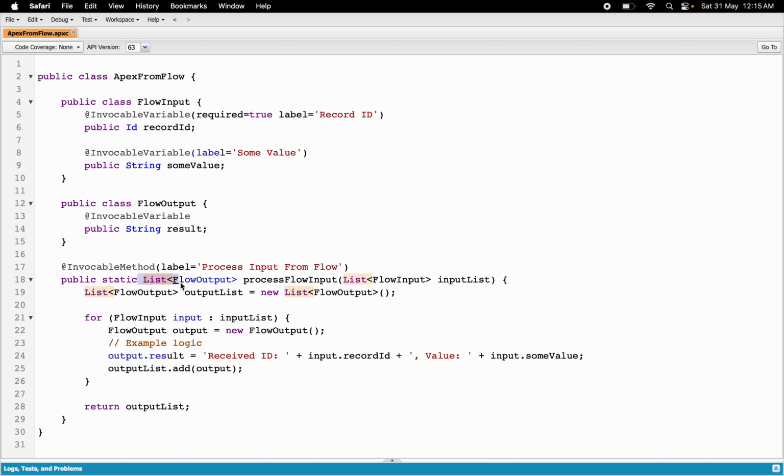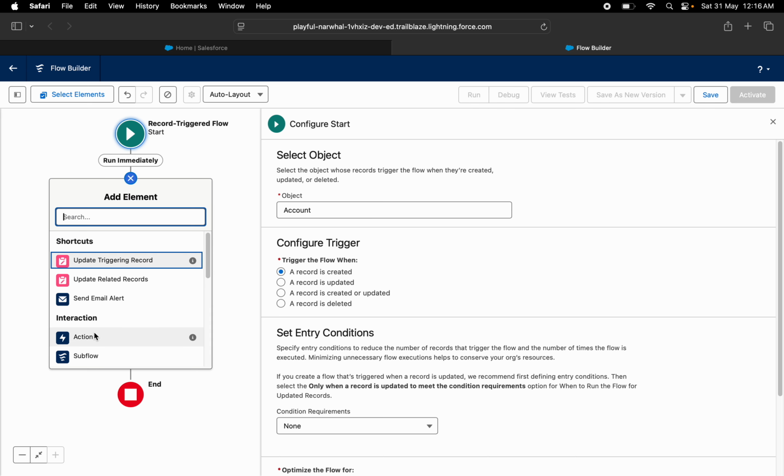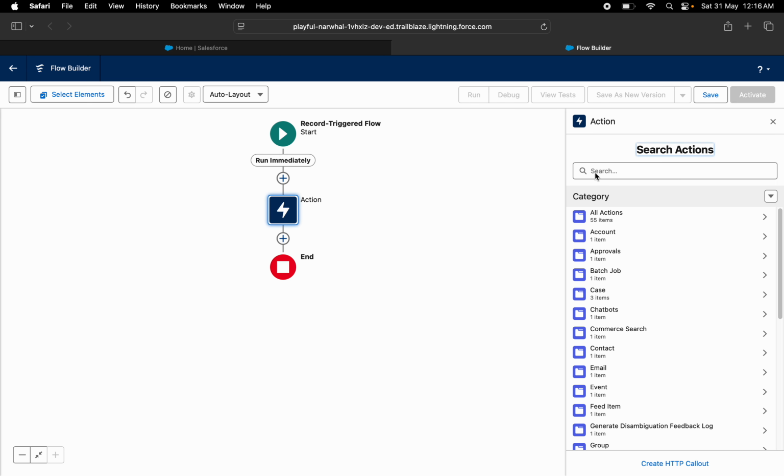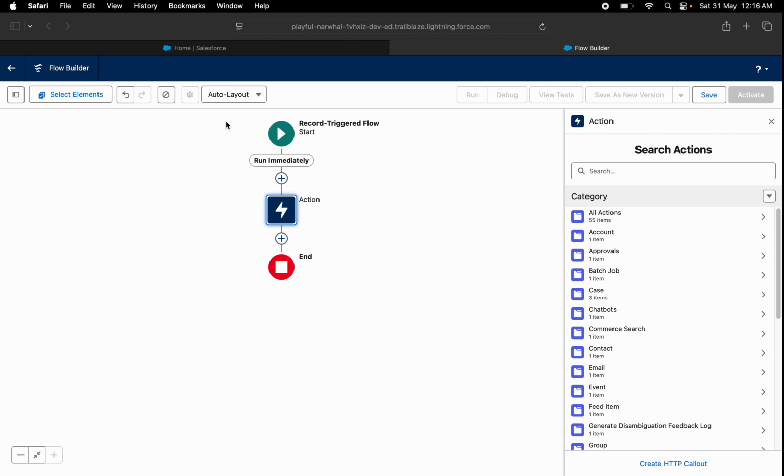So okay, now I go to the account, and I go to action. The name of the action is the label, so we will just copy this and search for that. Now if you see, the name of the class is ApexFromFlow. And then once I click on this, you can see there are only two